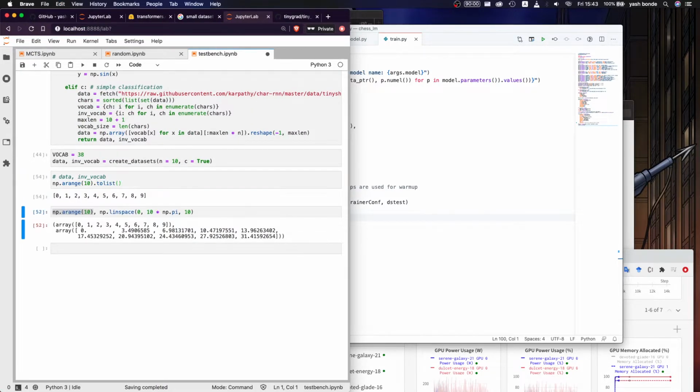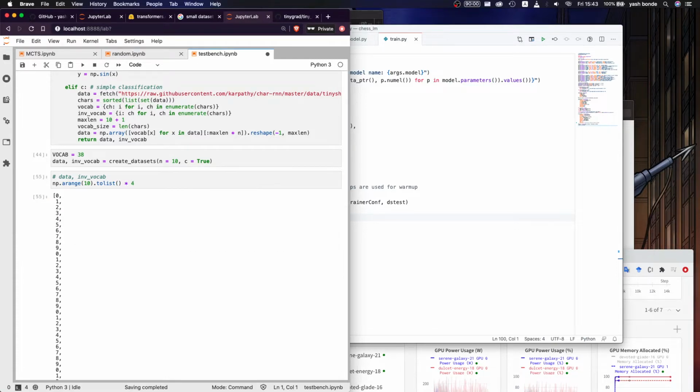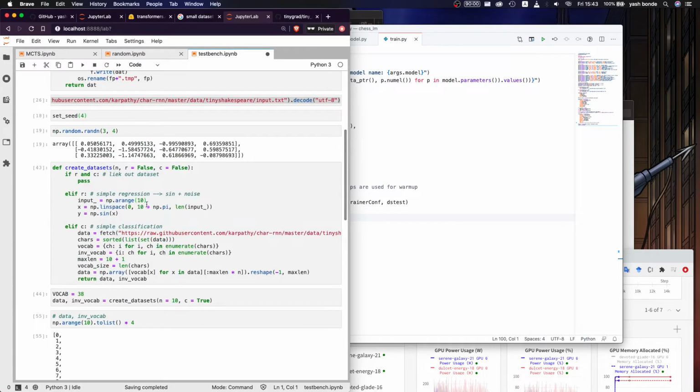So tolist cross 4 gives you this thing. Okay, perfect. Dot tolist cross n,